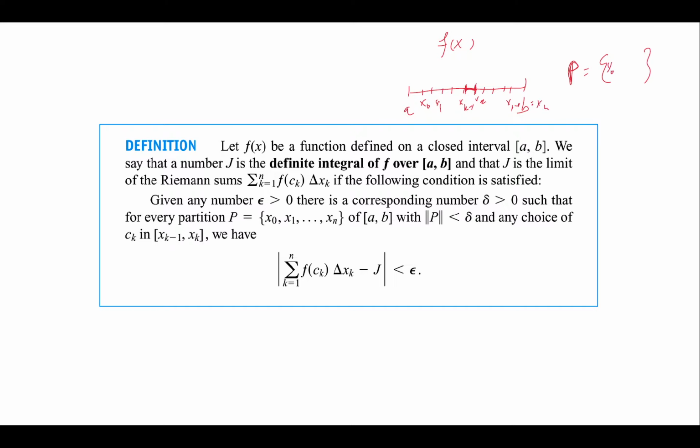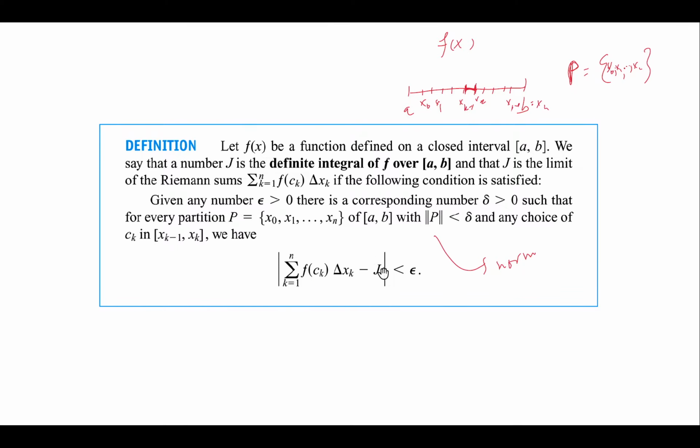So this is a partition of this interval a to b. No matter which partition you pick, if the norm of this partition, meaning the length of the largest subinterval, is less than delta, in that case, the Riemann sum is equal to